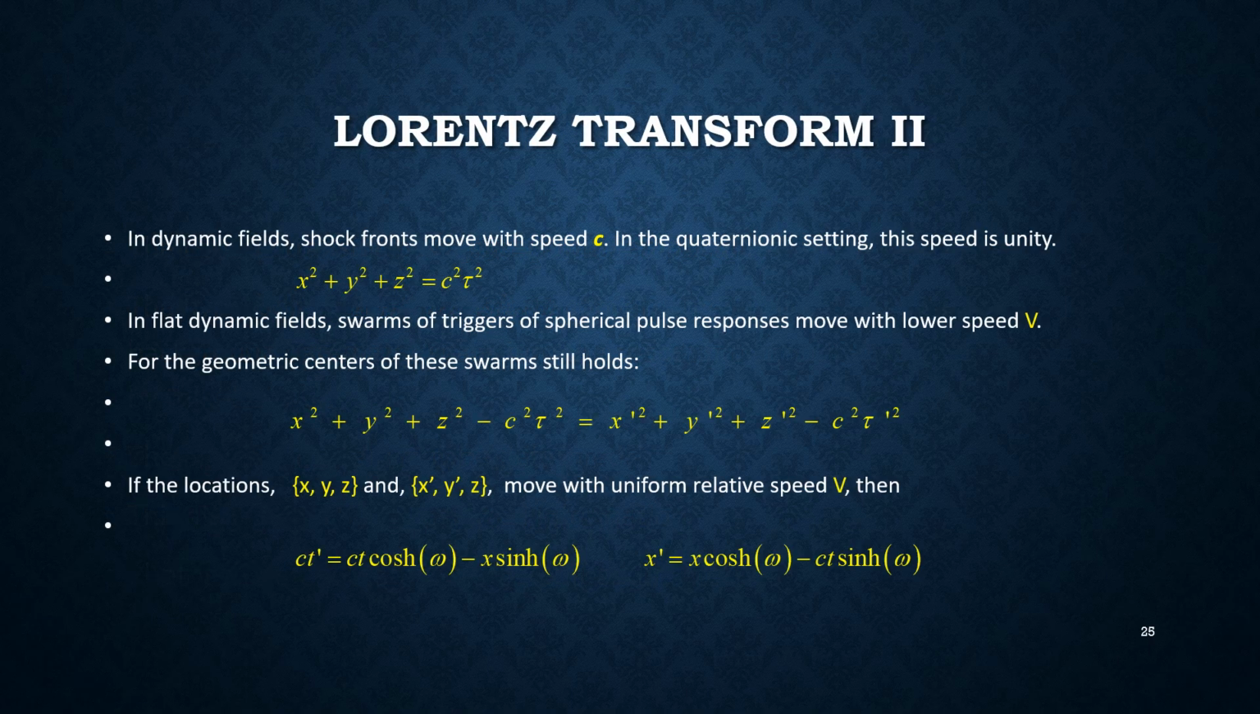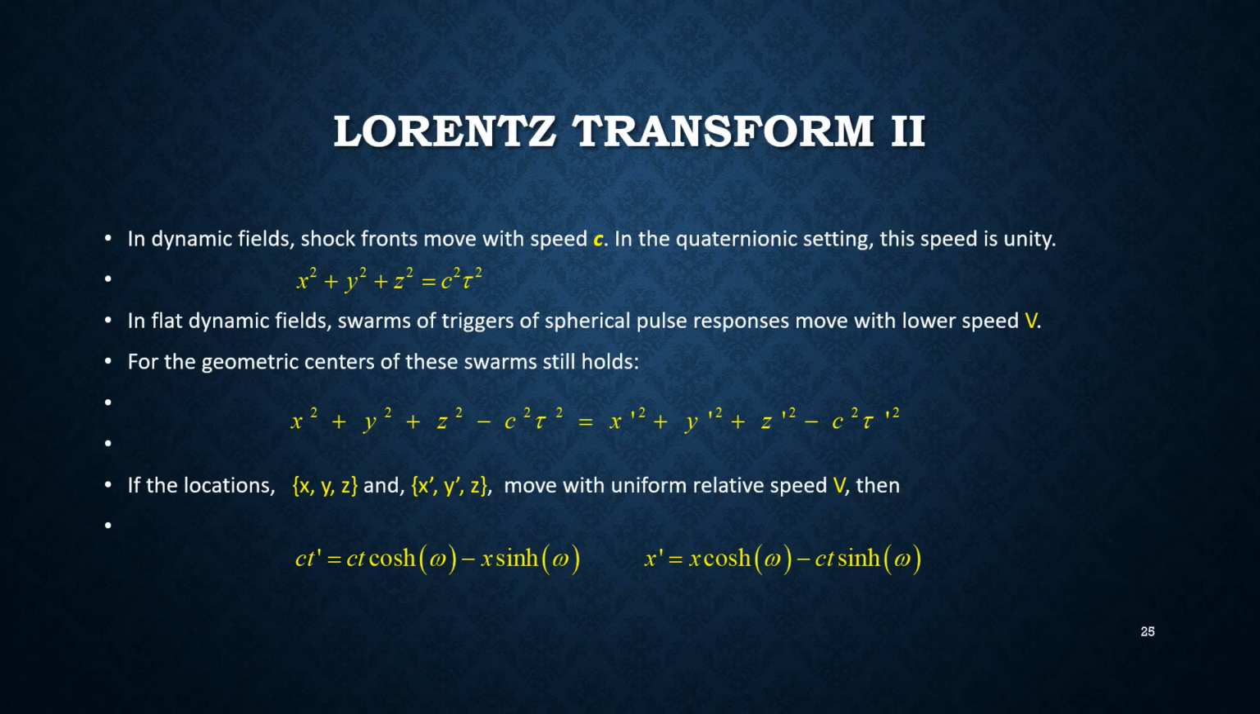In dynamic fields, shock fronts move with speed c. In the quaternionic setting, this speed is unity. In flat dynamic fields, swarms of triggers of spherical pulse responses move with lower speed v. For the geometric centers of these swarms still holds: